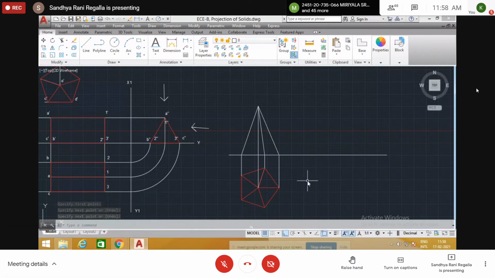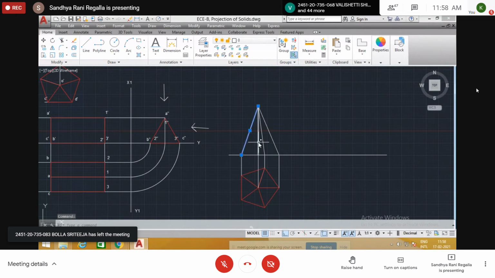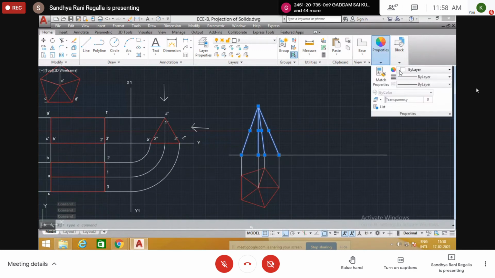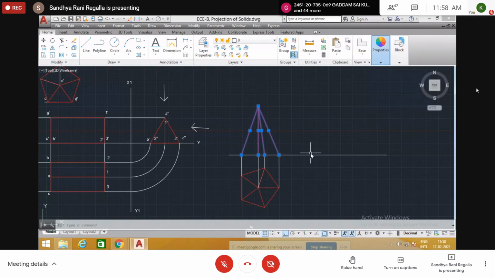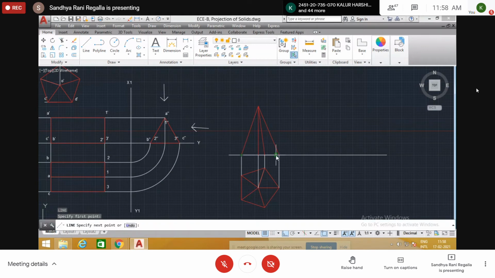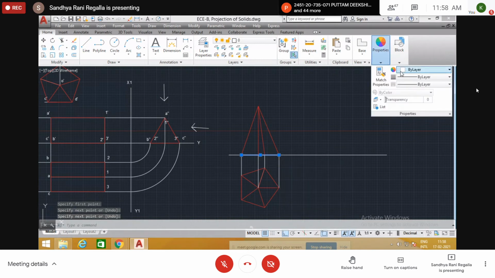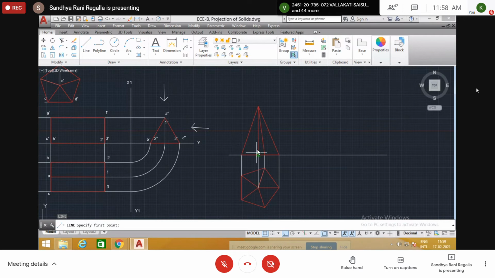Okay. Now this is the axis, so we need to change the line type.